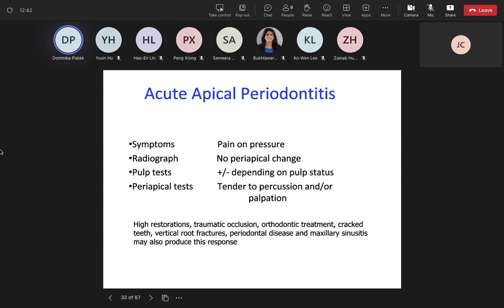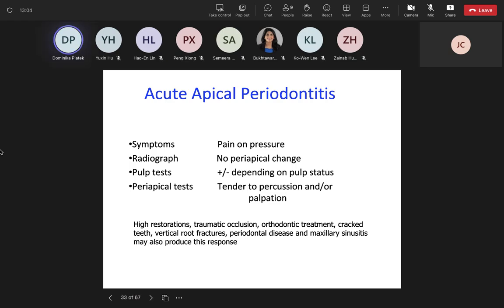That way it will be easier to find the tooth that is causing that sensation. Or, if we do not have something like that, we can ask the patient to bite on the saliva ejector tip, for example, or even on a cotton roll,